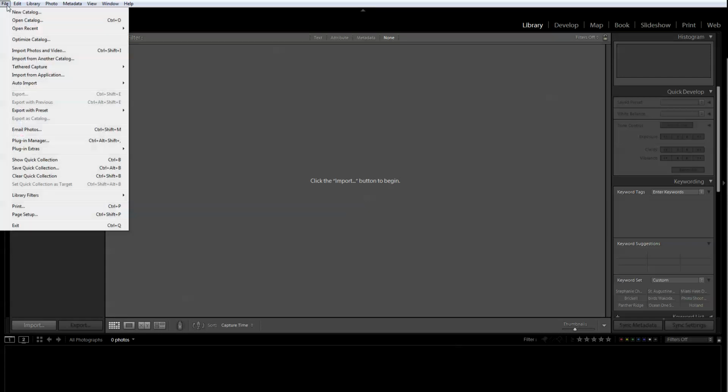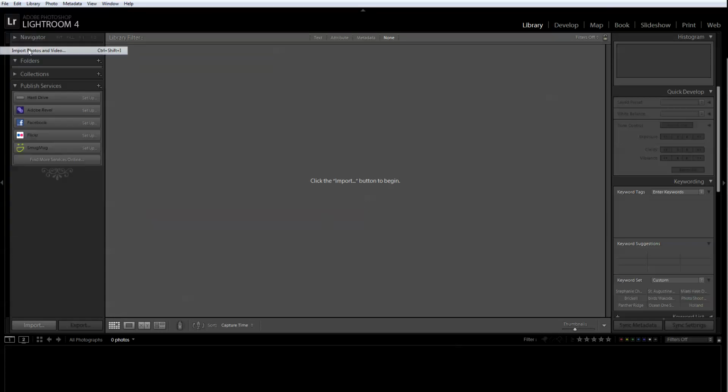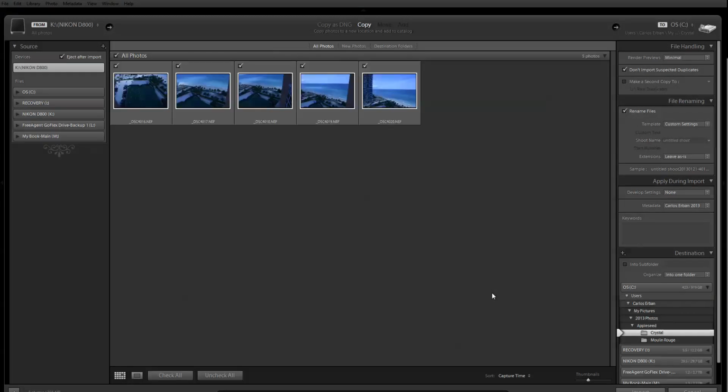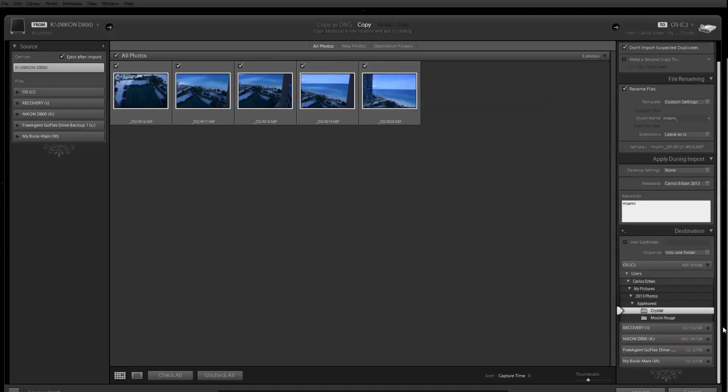So now I go File, Import, right? I'm not going to do a lot to this, because the purpose of the exercise is just to show how to do the exporting of the catalog. So I'm just going to call it Miami, keywords Miami, that's fine. And then